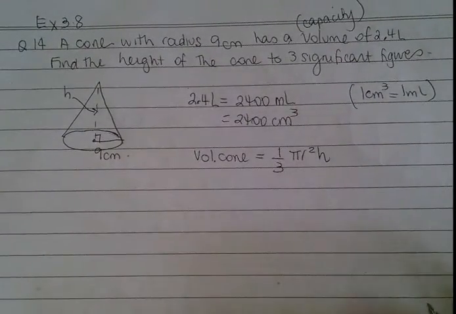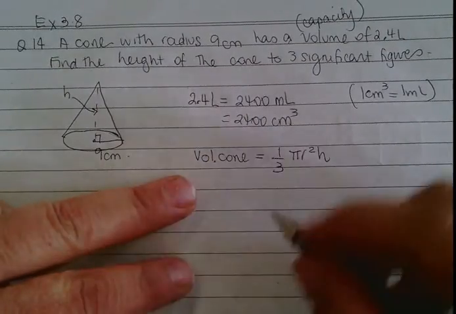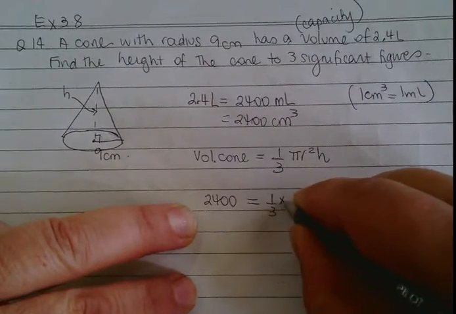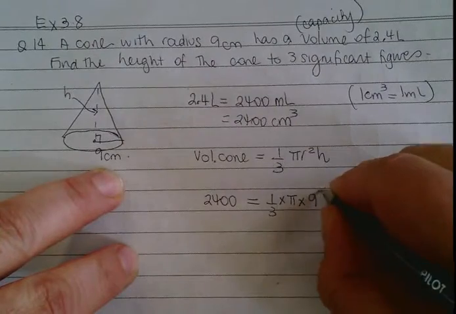Now what would I substitute? Do I know the volume of the cone? 2,400 is 1/3 times pi times